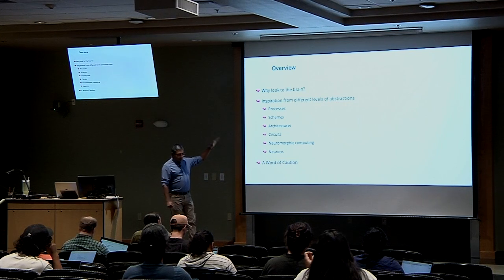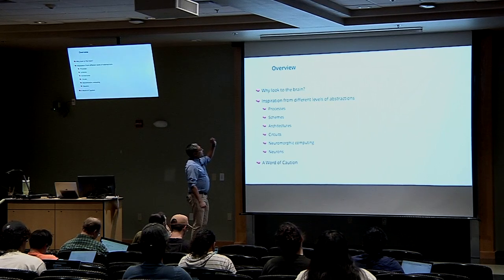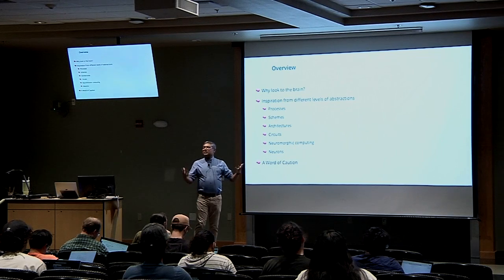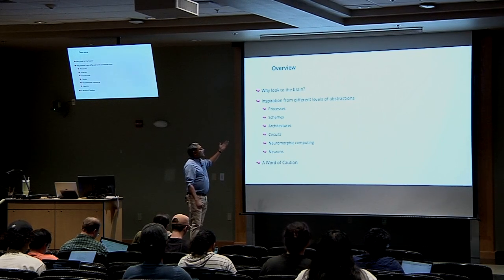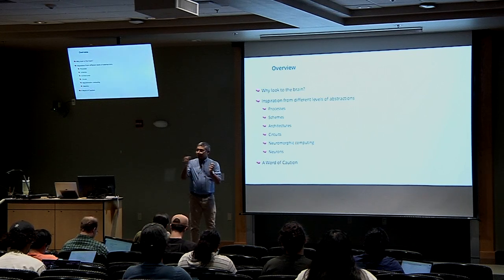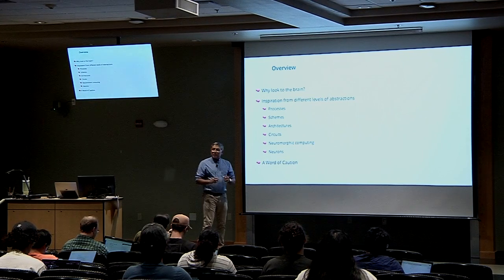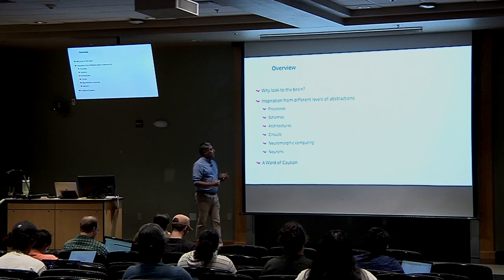And the way I've thought about this is to go through various levels of abstraction. So processes that the brain might take, certain features they exhibit, or certain coding schemes they might use, actual architectures of the brain, computational architectures the brain uses. And then going down to circuits that it may implement to solve certain kind of problems.